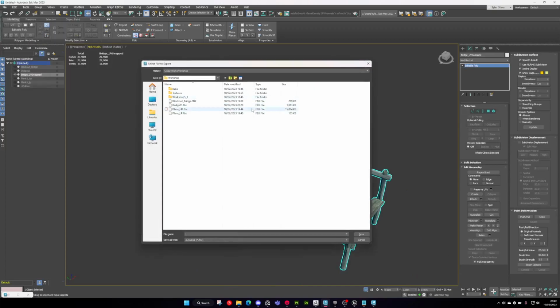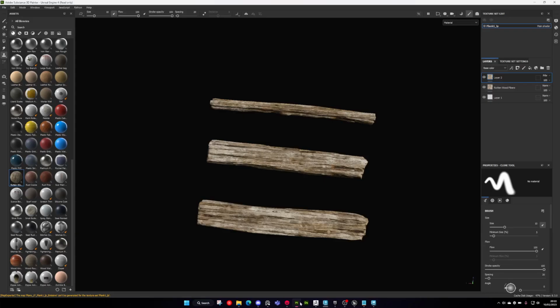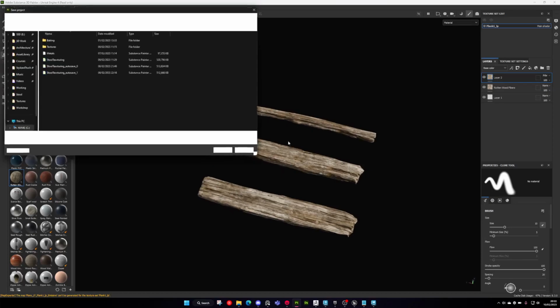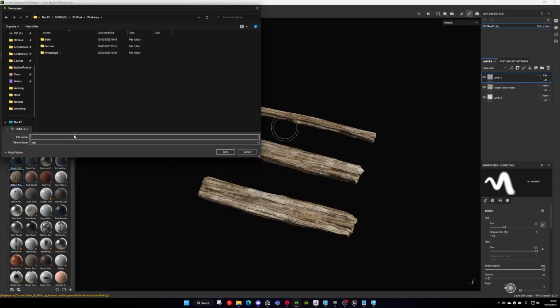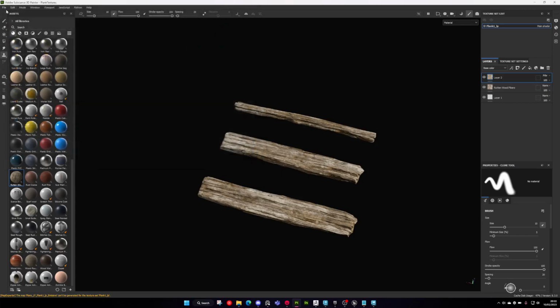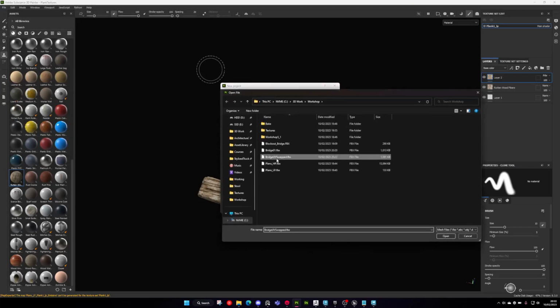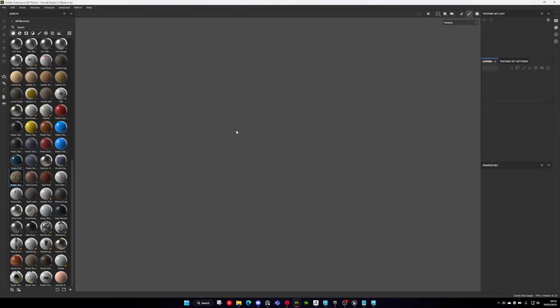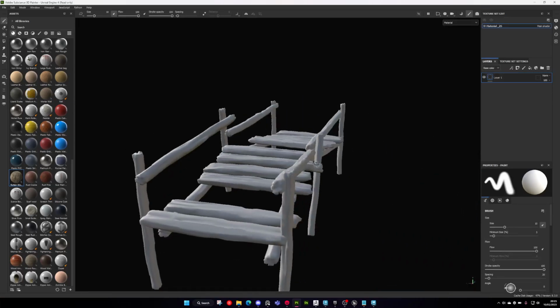So we're just going to export this. Again, we'll just call it like bridge UV swapped. I'm going to check that in Painter. I'm just going to save this in case we need it. And make a new scene with the UV swapped one. Right, so from here,